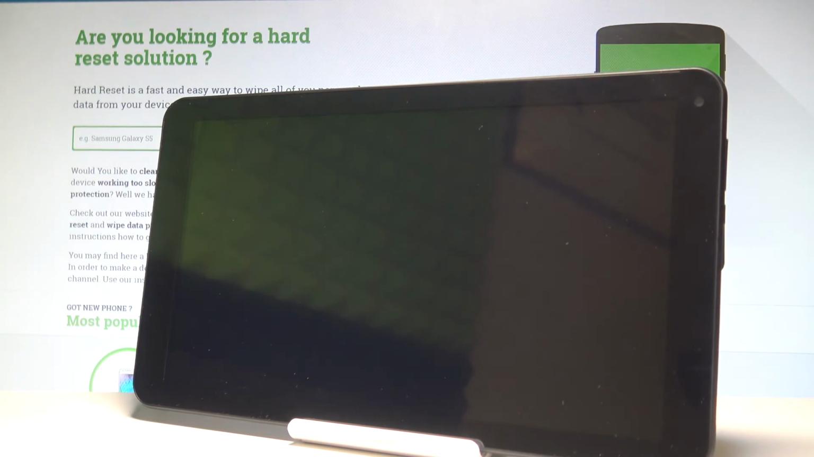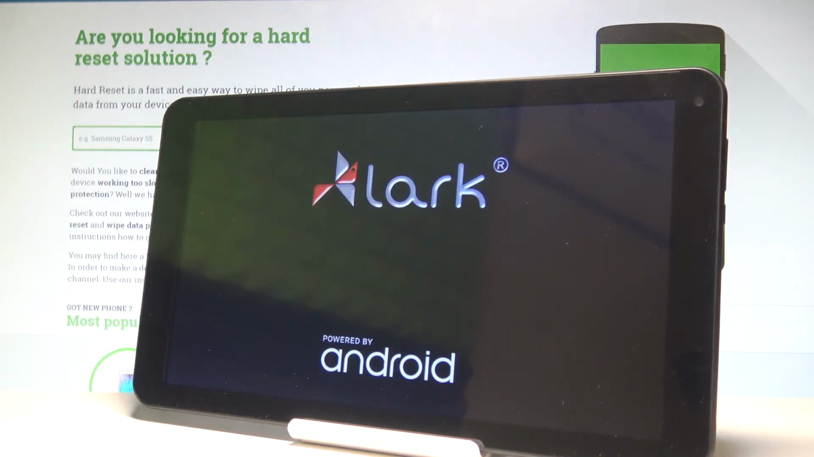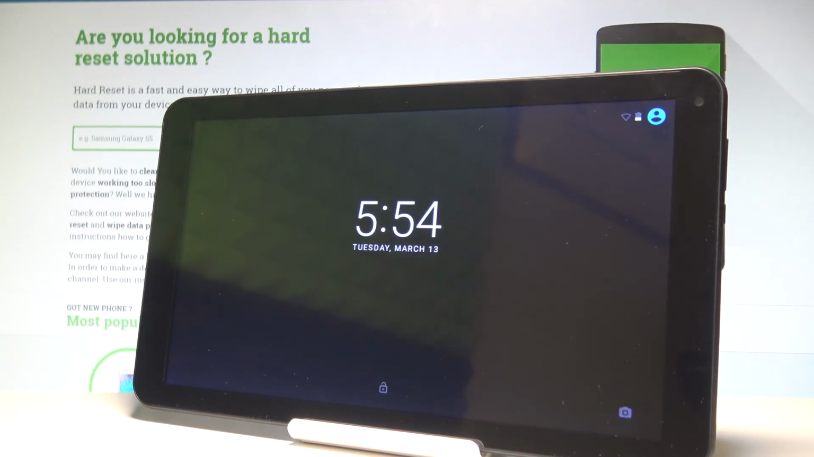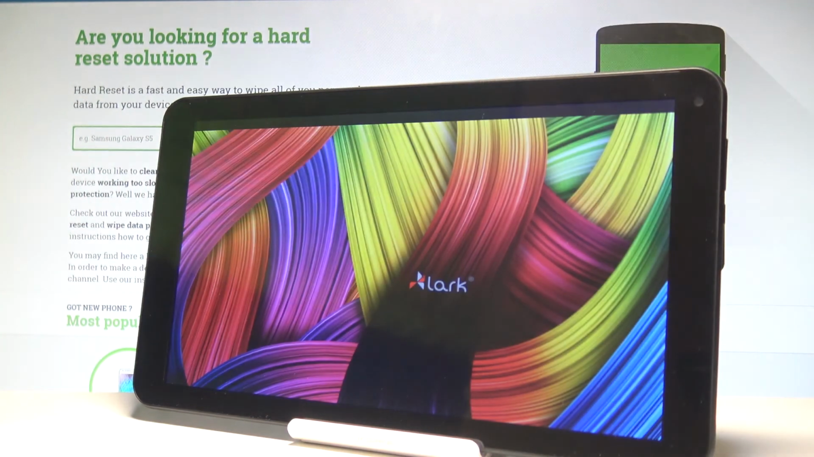So let me do it. The device is restarting and booting into a normal mode. Let's just wait a few seconds until you will be able to use your device. Excellent, now you can unlock the screen and start using your phone